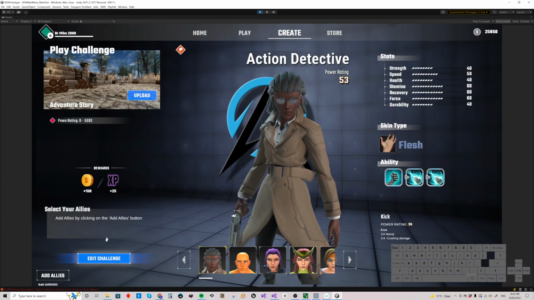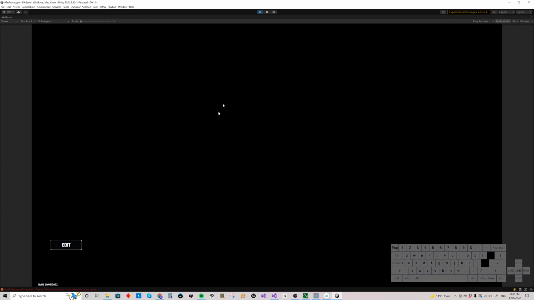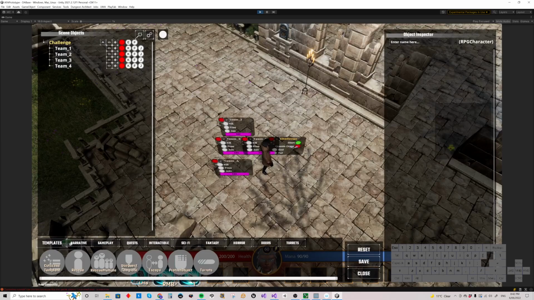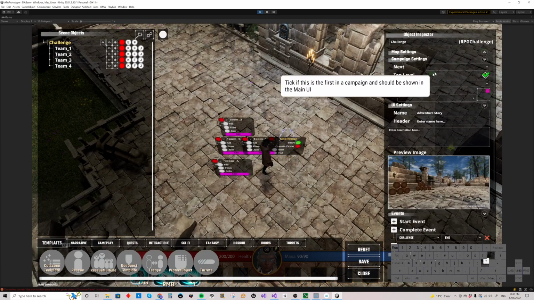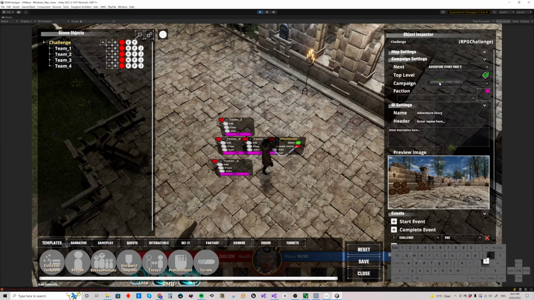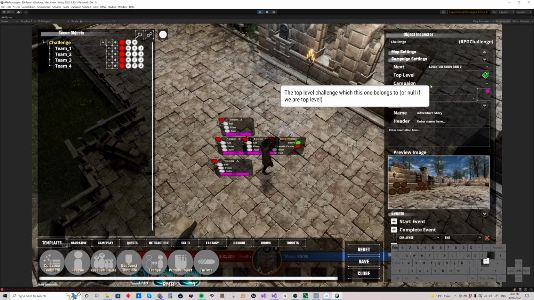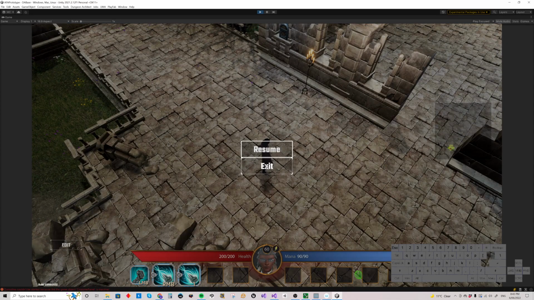So if we go into Adventure Story and edit this challenge quickly, we're going to have a look at where these campaign settings are stored for a challenge. So we've got in the challenge campaign settings, the next one should probably be Adventure Story Part 2. It's top level, so it's the start of a campaign, and we don't need anything in here because we're the top level campaign. So we'll just save that and close,